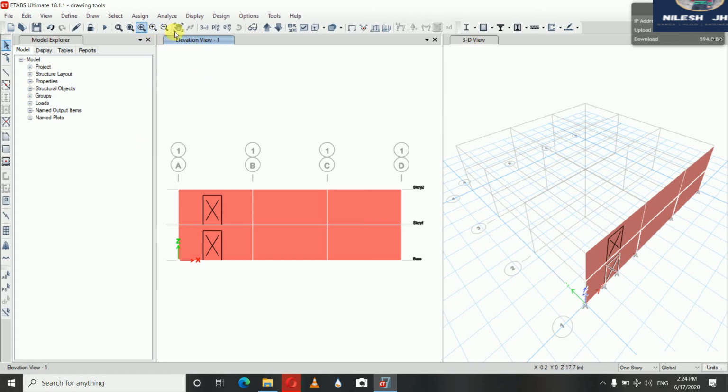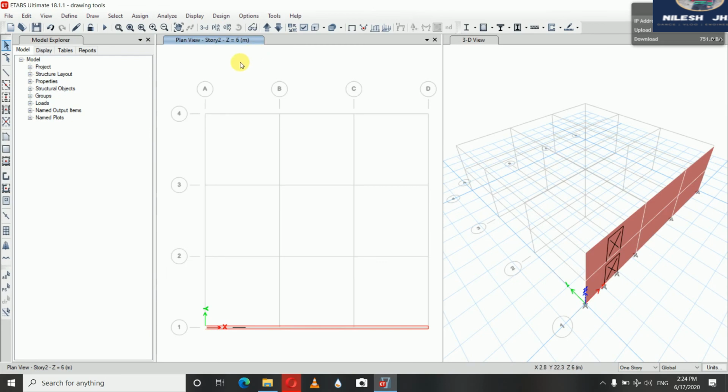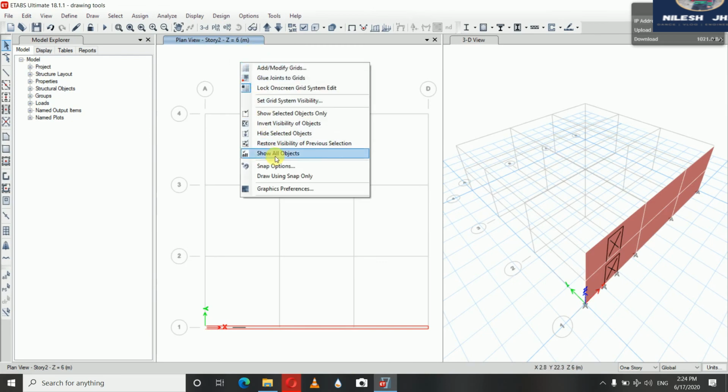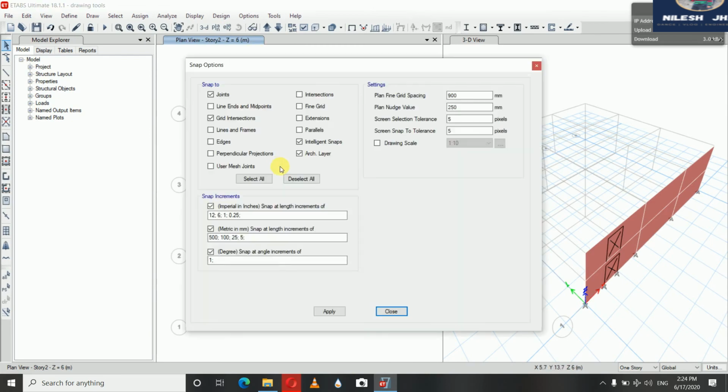For that we will work in the plan view first. Let us go to plan view, and now right click anywhere on the window, and you can see snap options. Click the fine grid, and we will set the fine grid at 1500 mm because we will get a space of 1500 mm for the width of our door. Now apply and close.